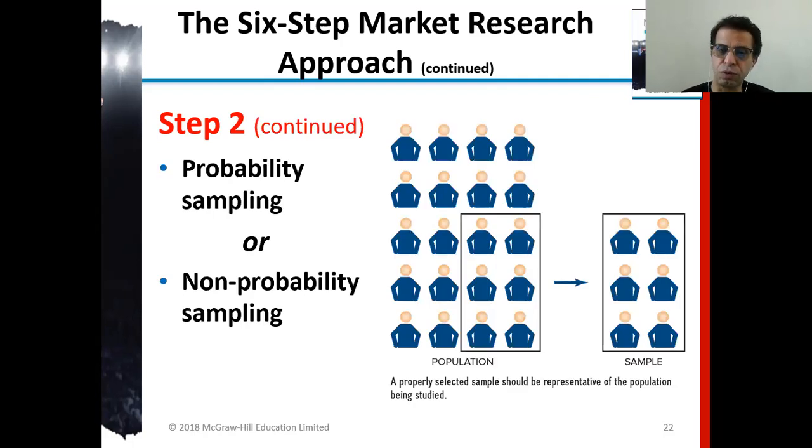So the second step, you do probability sampling or non-probability sampling. Probability sampling, say you have 1,000 people, and the chance of each one getting selected is the same. The non-probability sampling is by luck, so maybe one person will be selected 3, 4 times, and one person never gets selected. Probability sampling is like every 10th person you select one to interview, or every bunch of people passing, you select one to interview.